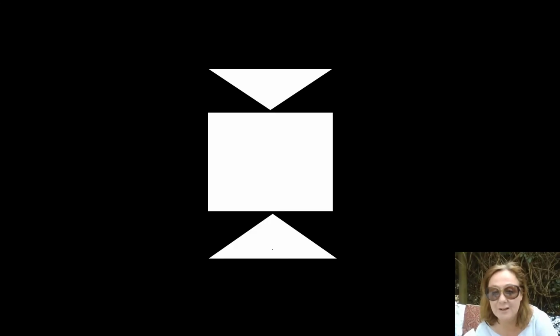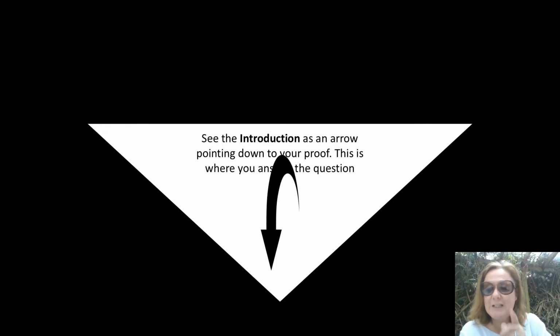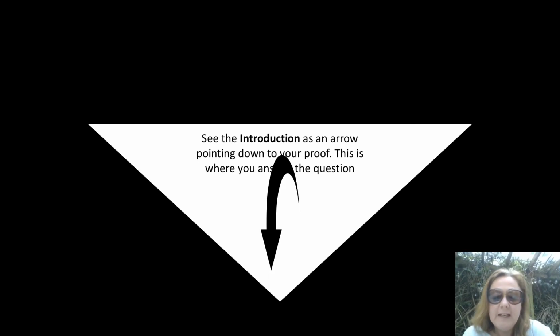Believe it or not, this diagram here is my idea of how an essay should look. The top triangle is the introduction, the main body is all those paragraphs, and the bottom triangle is the conclusion. Let me explain in detail. Right, this is when we get clever. If you see the arrow itself,